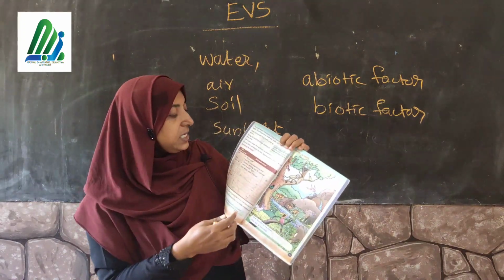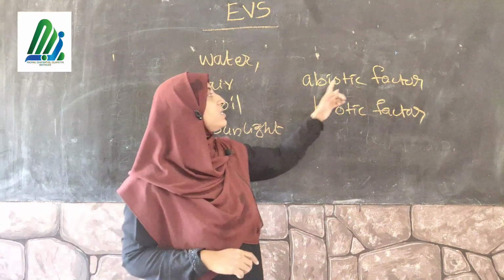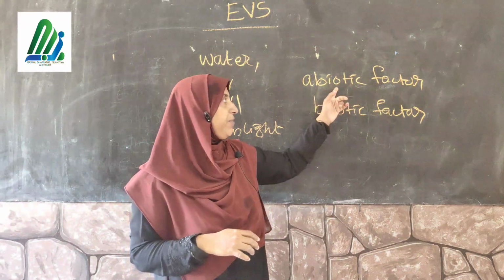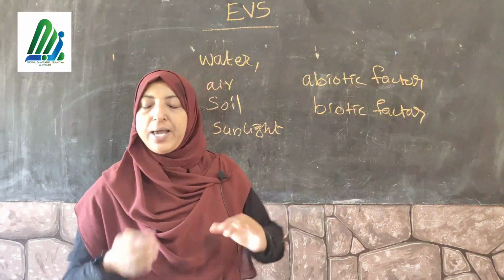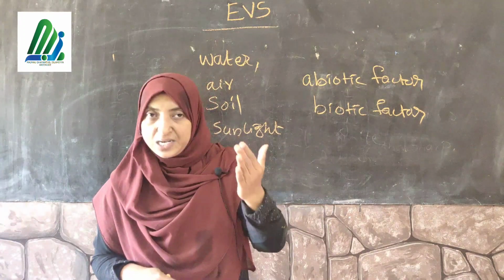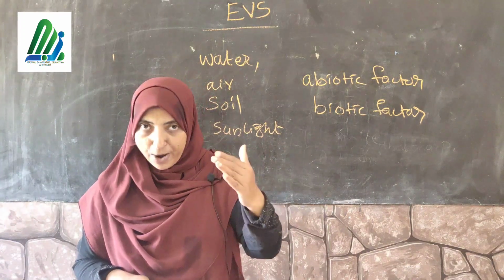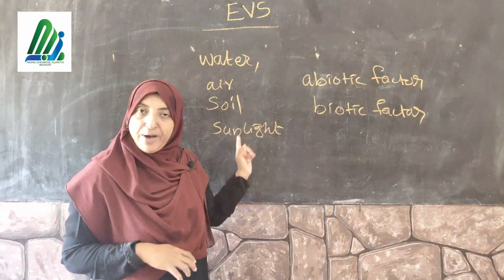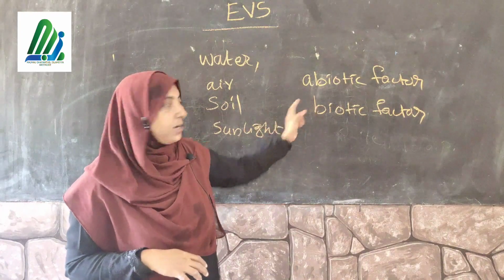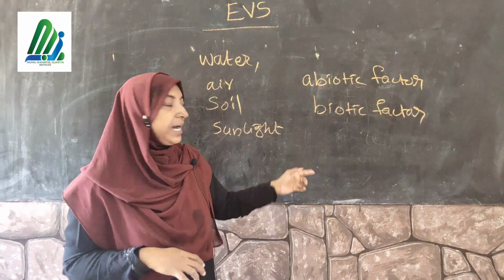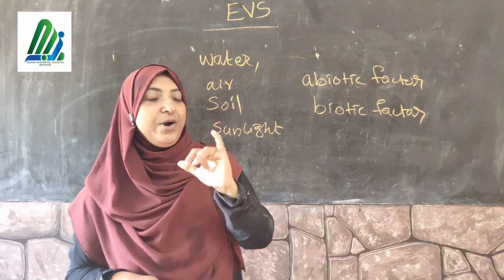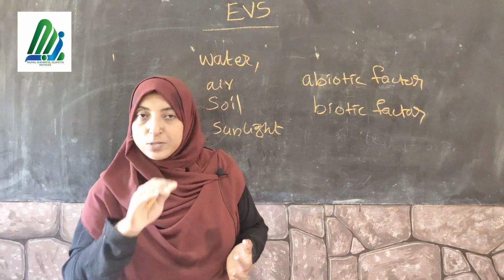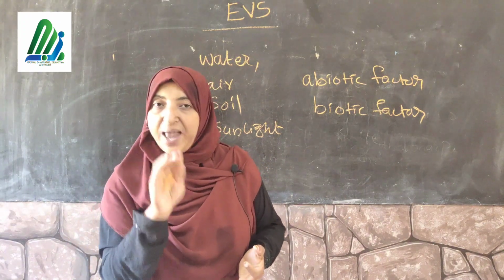Then there is a close relationship between abiotic factors and biotic factors, because without abiotic factors, biotic factors cannot stand or live. That you can study next class, because we have to explain a lot of points. So now you studied what the four important abiotic factors are, and what we mean by abiotic factor and biotic factor. Then the adaptations of three important animals, which are the crocodile, duck and stork. Then the important uses of soil and the important uses of plants or trees.